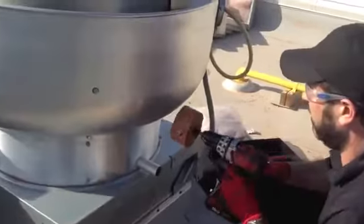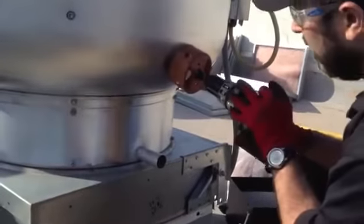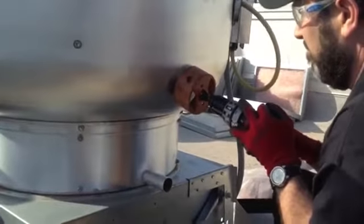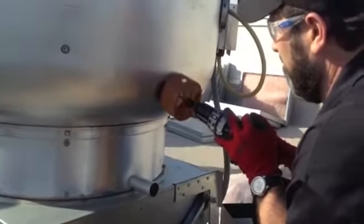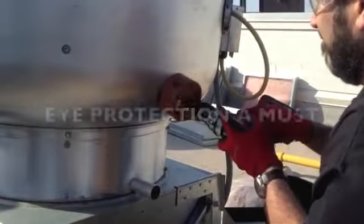And the idea is, think about this, it's a cleanout port, so you want to be able to look through, and you should see right into the fan blade assembly, and we should be able to show you that here in just a second. Now the key is once you get that blade